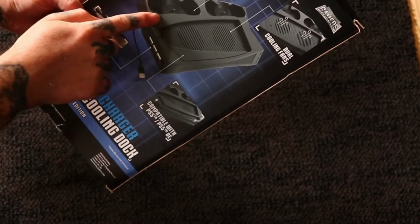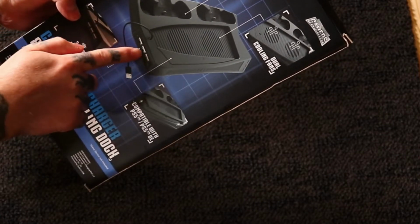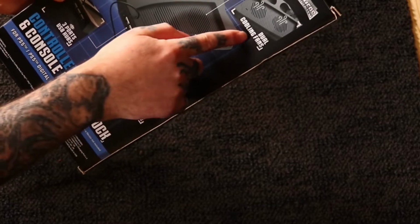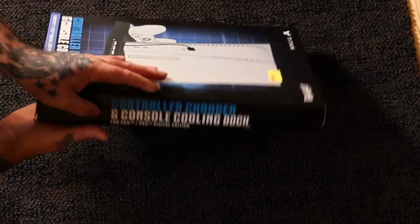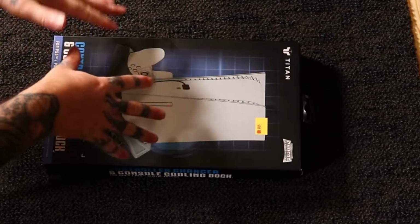It's got dual charging ports. Now, that's a good feature. It's got a 3-port USB hub. I don't know the speeds on that. And it's got dual fans that blow upward. So that's a lot better than blowing down. But the problem that we have with the fans,